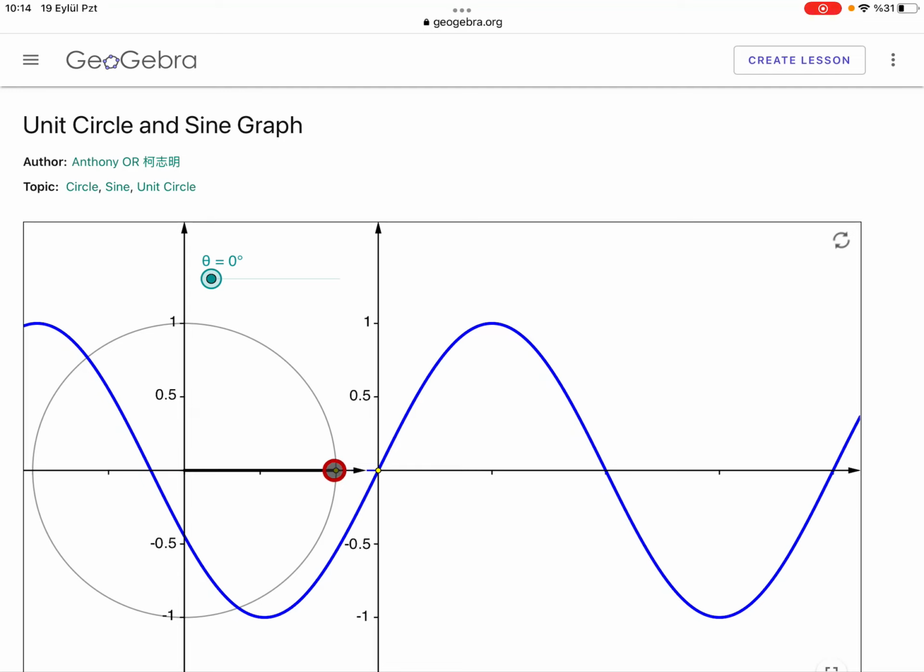Why? Because the second coordinate of P, which equals sine x, here this is 0, and when x is increasing, x is the angle, this angle, for example 21 degrees here. When x is increasing, the second component, the y coordinate of P, is this length. So this is increasing, as you see, from 0 to 1, because when the angle is 90 degrees, you are at the point (0, 1), so the second component is 1.